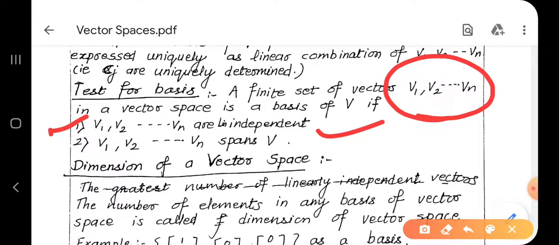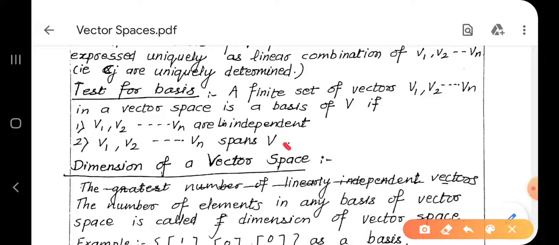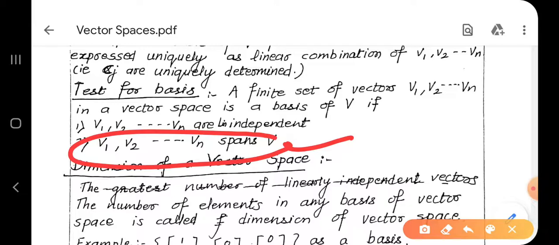While writing here, I take 1 and 2 interchanged, no problem. You may take any one as the first one and second one, but I take the second one as the first one because while solving problems it helps me, and for linear combination my job becomes easier if I do the spanning set first.